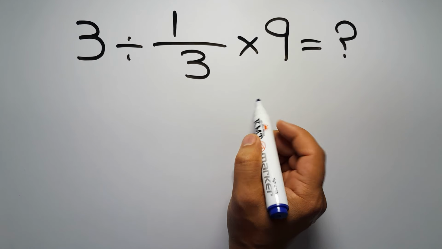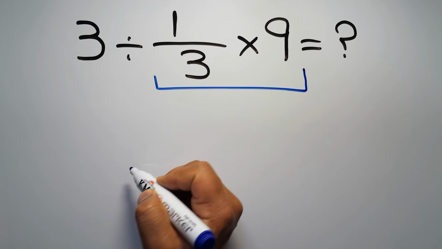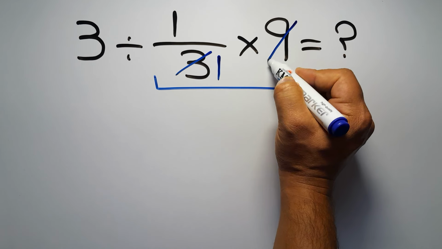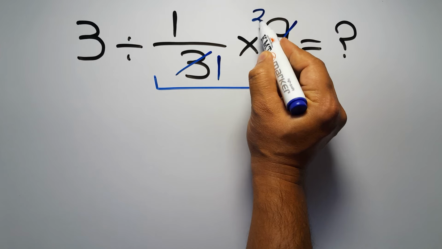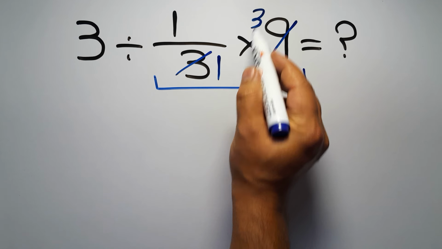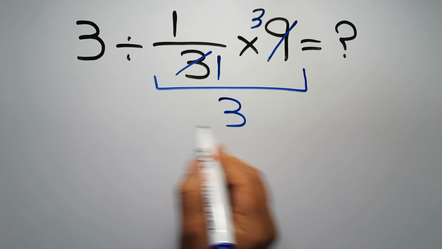First, we do this multiplication. 1 over 3 times 9. 3 divided by 3 is just 1, and the 9 divided by 3 gives us 3. Okay, so here we have just 1 times 3, which gives us 3. So 3 divided by 3